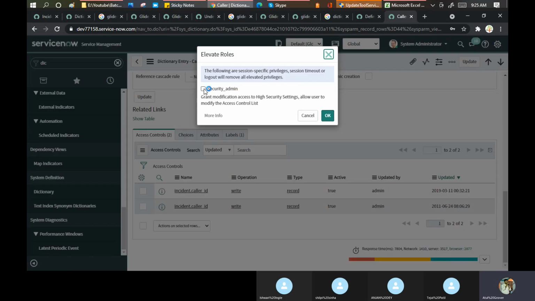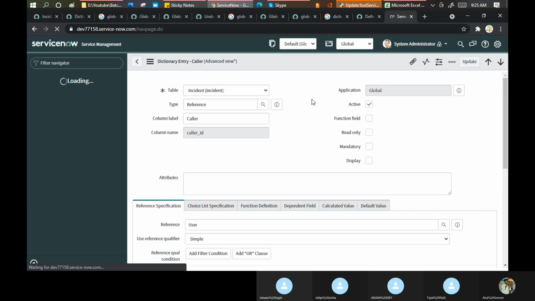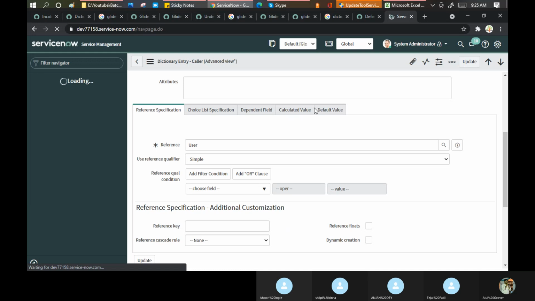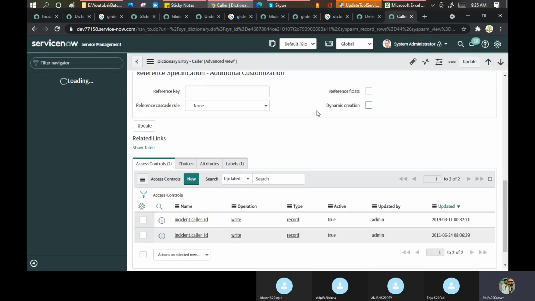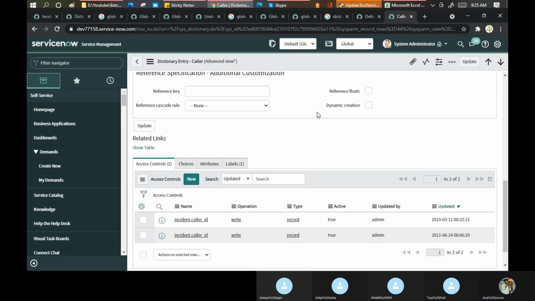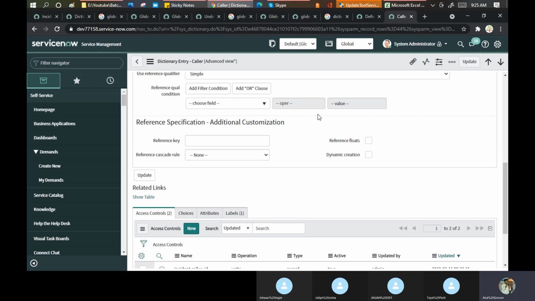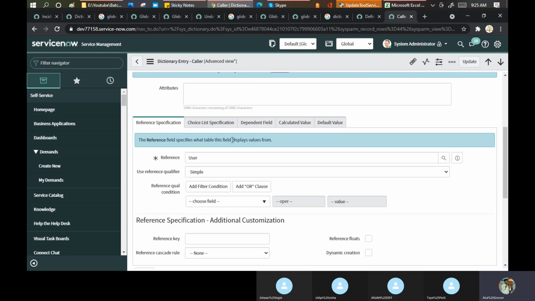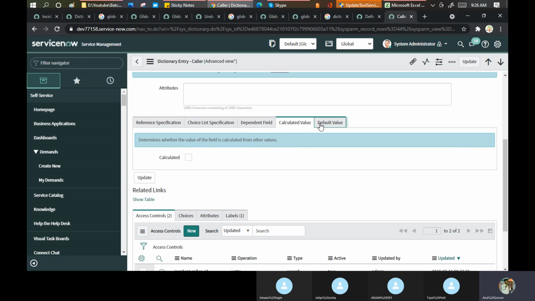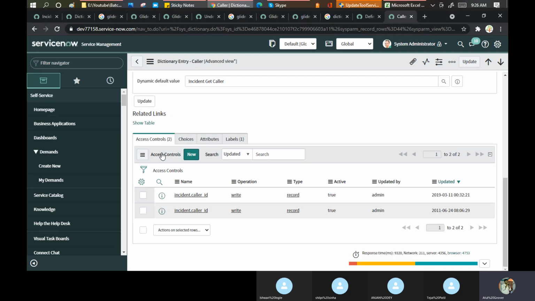Let me give the elevated role as well. That can be the reason. What happened? Why am I not able to see this? Simple dependent, default value is this.